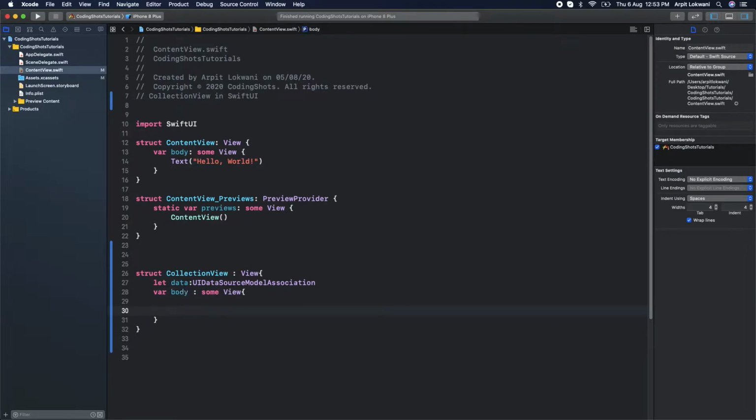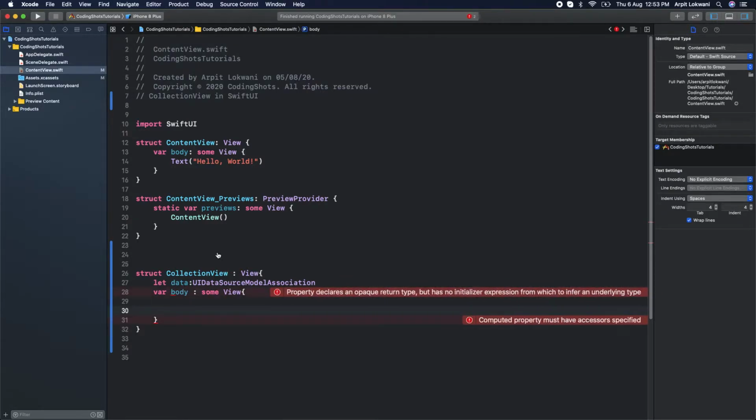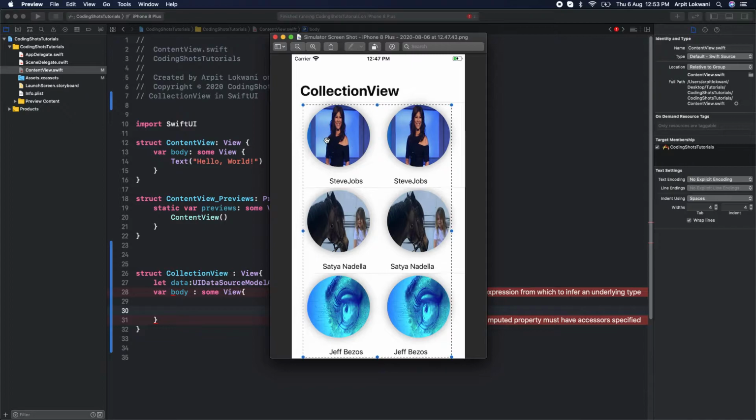Okay, now as per the design, if you see, we need to create the two images plus labels as well. So you guys can think what we need to use, which stack should work, vertical, horizontal, Z, and which one should it work.